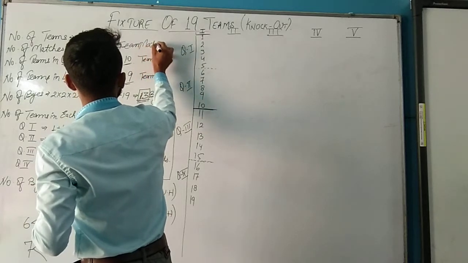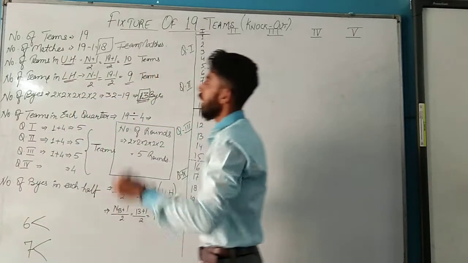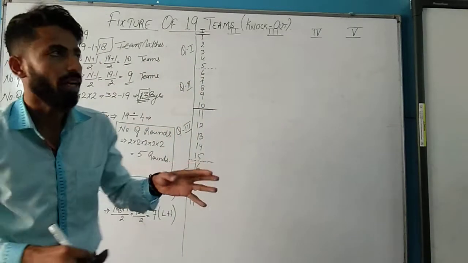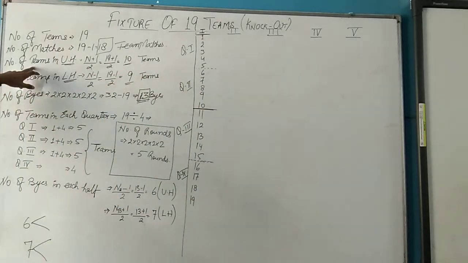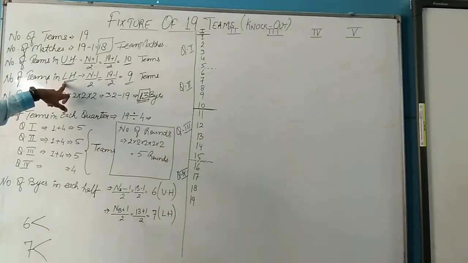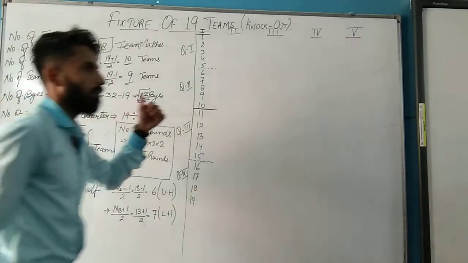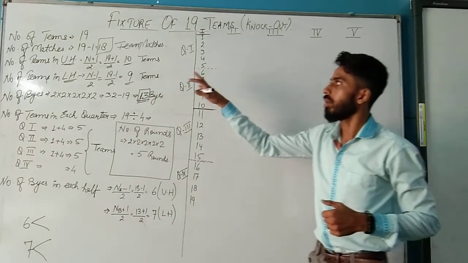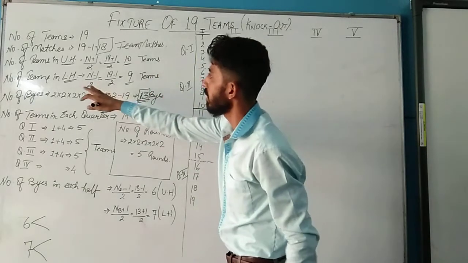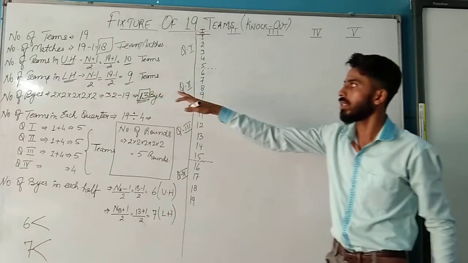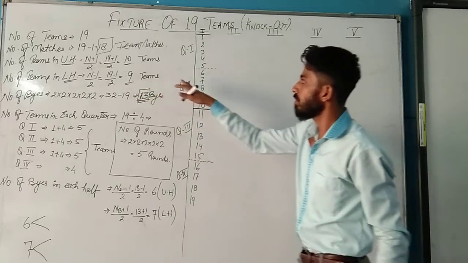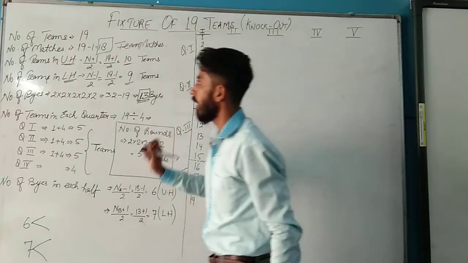So according to team matches, the number of teams were divided into upper half and lower half. That is teams in upper half and teams in lower half. जैसे कि आपने पहले भी फॉर्मूला देख रखा है, that is n plus 1 upon 2, 19 plus 1 upon 2, that is 10 teams in upper half, and in the same way that is n minus 1 upon 2, that is 19 minus 1 upon 2, that is 9. Total of 9 teams in second half.